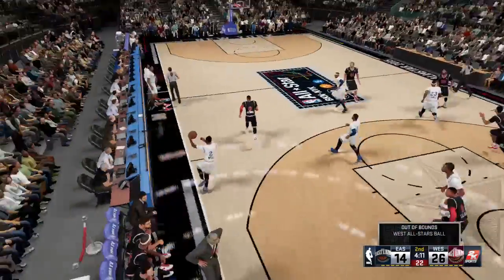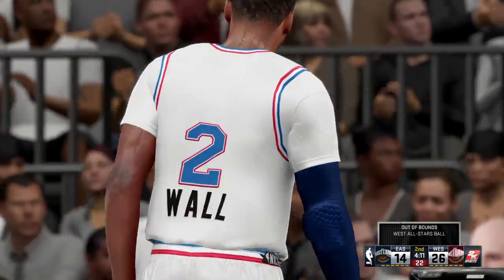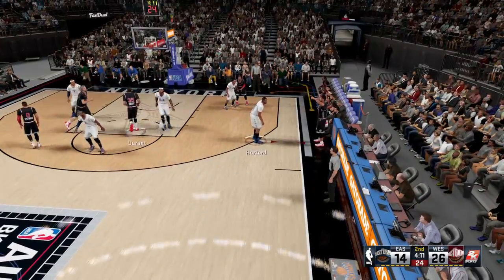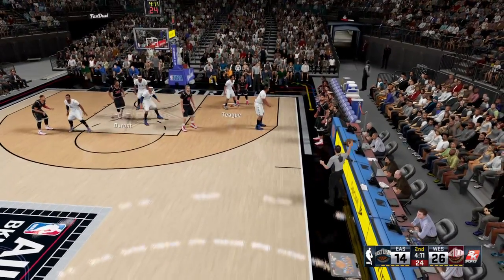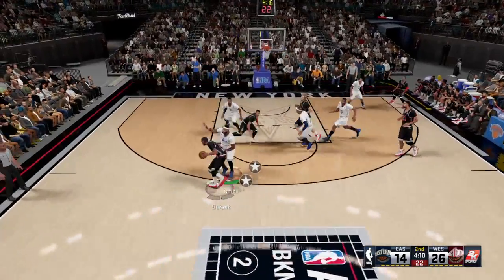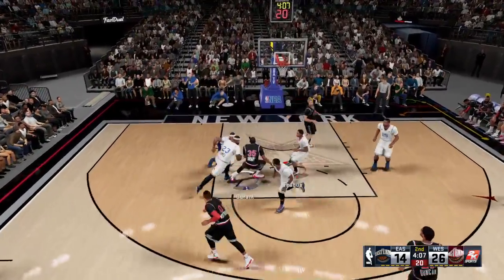Stolen by Bosch. And he stepped in the line, so they turn it over. A temporary lapse of focus from him on that turnover. It's embarrassing, but on occasion it does happen. The West All-Stars making a switch here. Paul's checked in. Al Horford is checked in for the East. Teague comes in for Kyrie Irving.